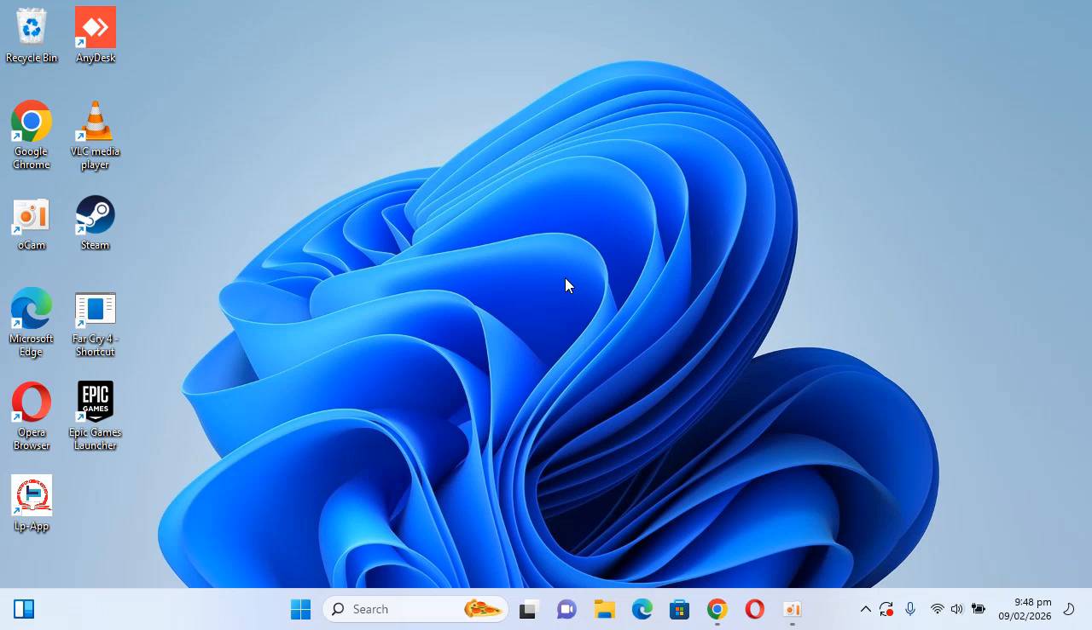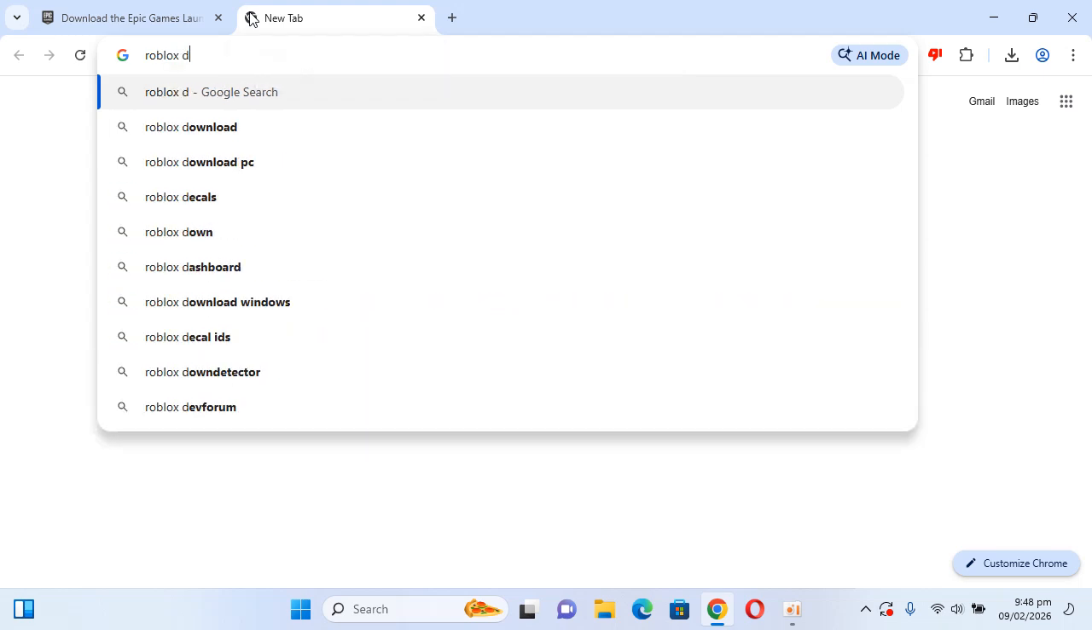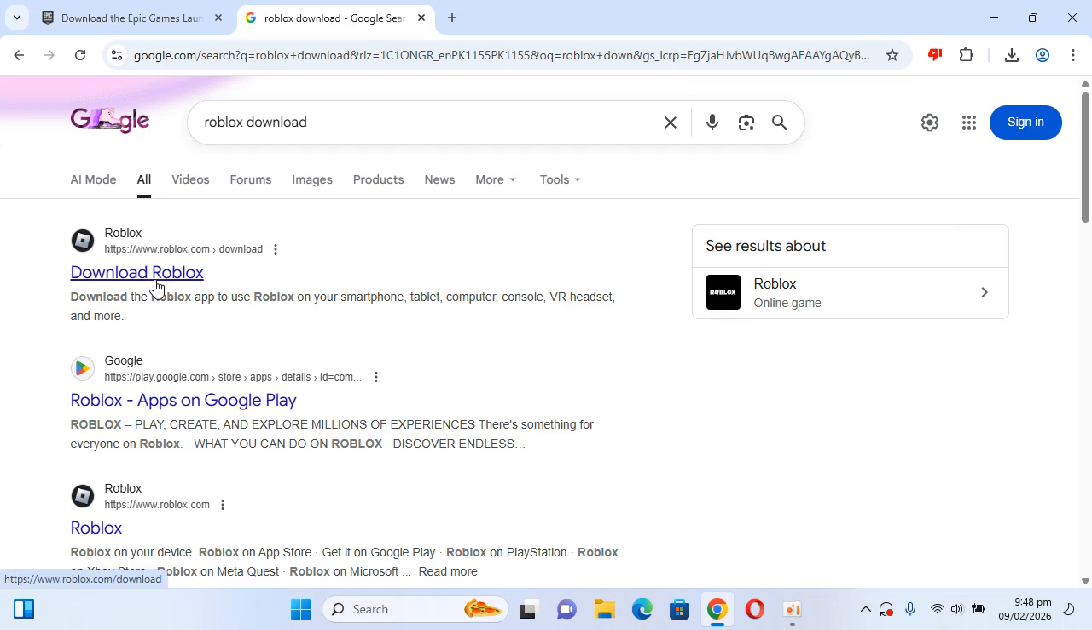The process to download Roblox on PC and laptop is quite simple. You need to simply open up any browser, and in any tab, type in Roblox download and hit enter. Here you can see Download Roblox. Click on that,